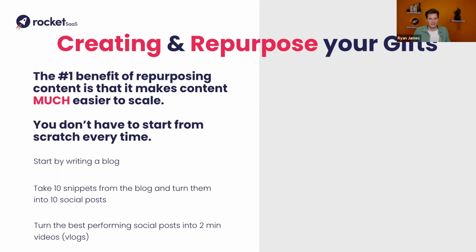So let's take my example of the 10 ways to improve conversions on your landing page. Let's say the number one point that got the most engagement was where I talk about how you should have one core call to action on your web page. It got a load of likes, a load of comments. So I then want to turn that into a video. You can do it at home, just with your iPhone, recording yourself talking to the camera